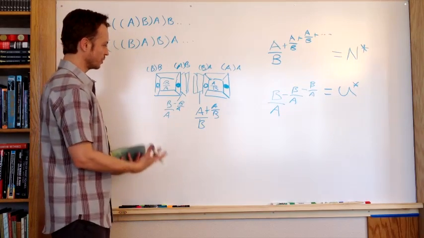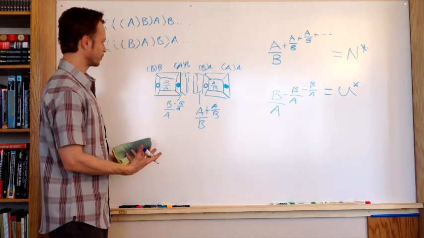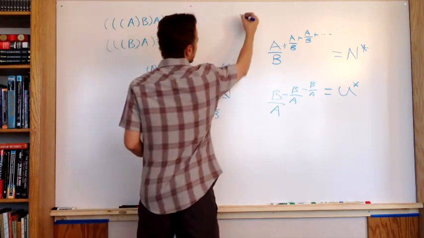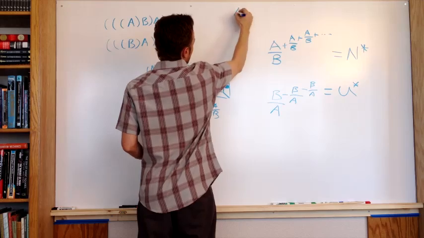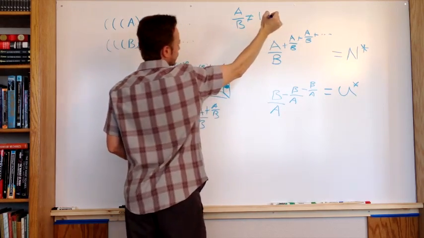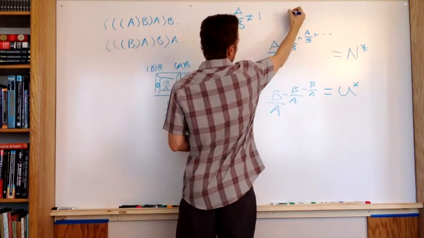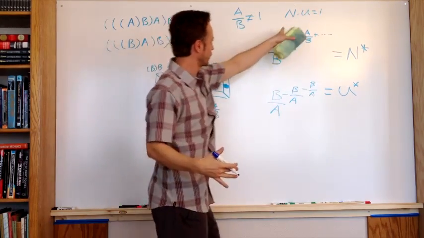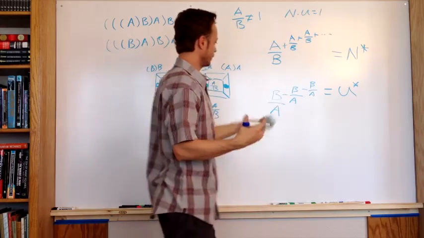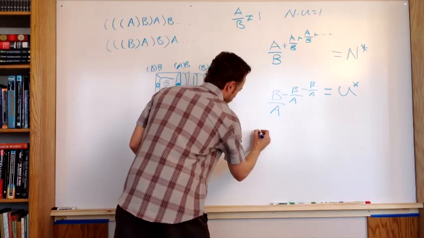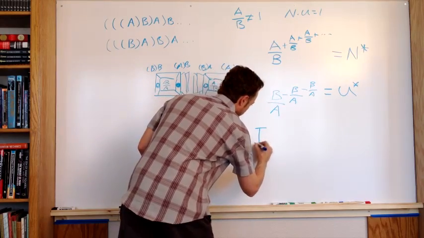And because we're dealing with infinite frames of reference, because A over B does not equal 1, we can't use N times U equals 1. So what we replace this with is, and we replace 1 with a value that we'll call the identity constant,